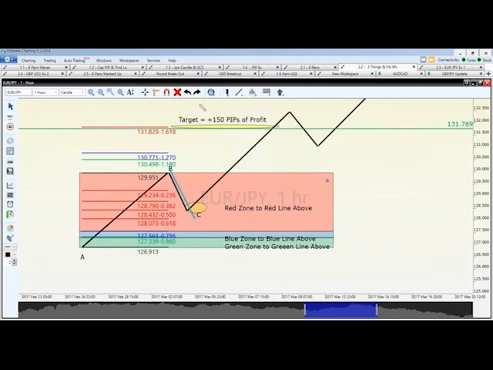Okay, so basically we're saying we've got a target right here of 150 pips. We got in somewhere down here in this orange area, where you see it down here. Now, we don't take the trade yet. We still have to know we're going to get in here, and we want it to go up to the target area. But what if it doesn't?